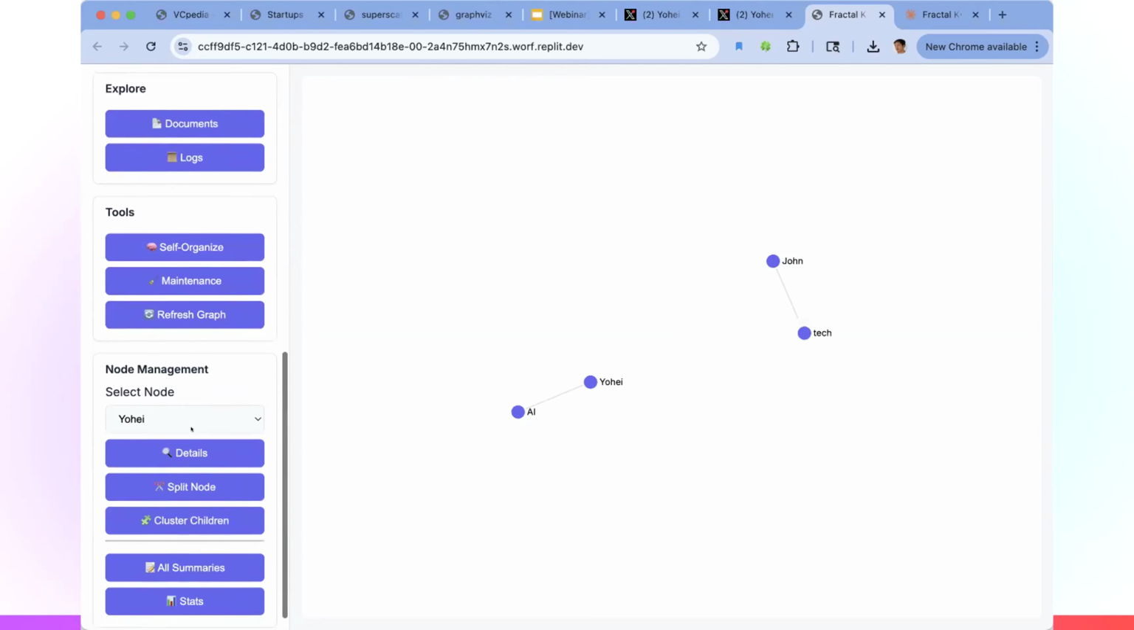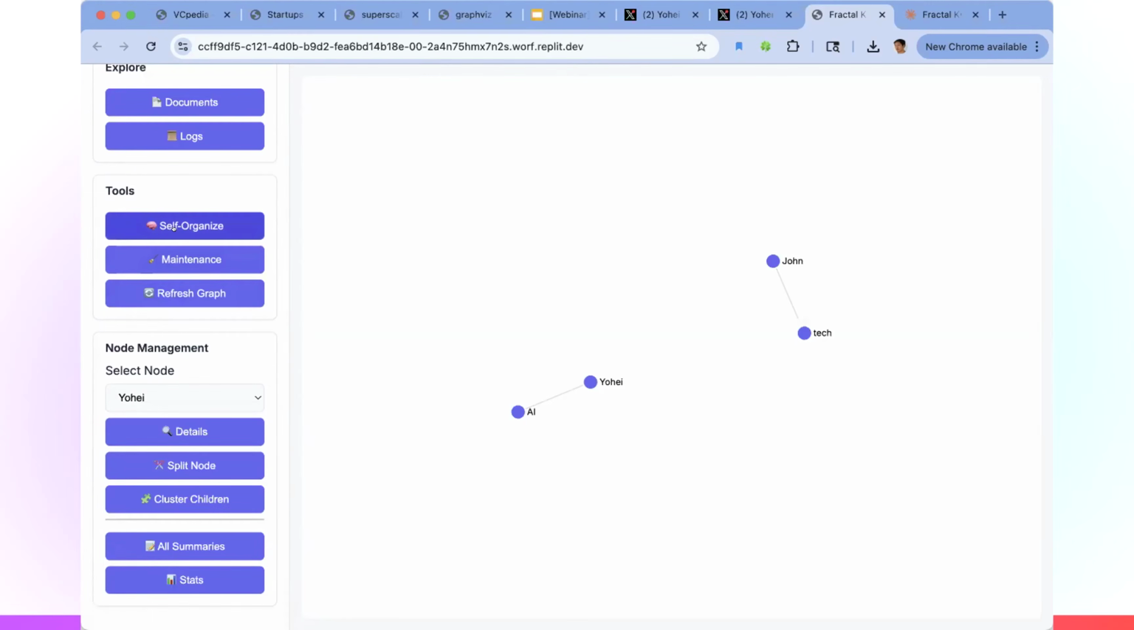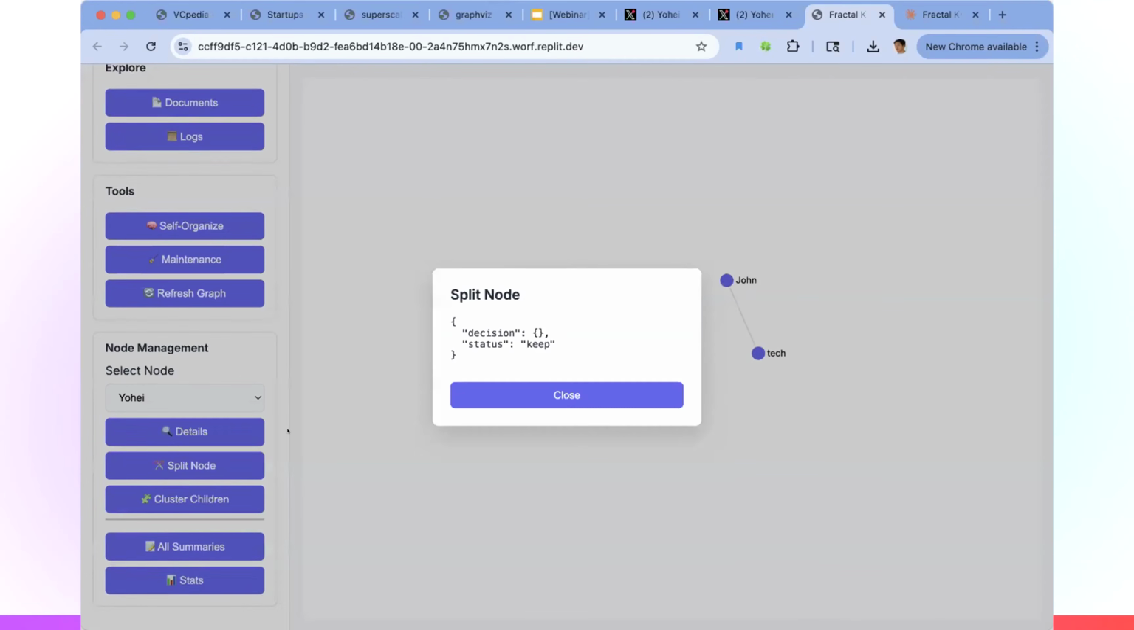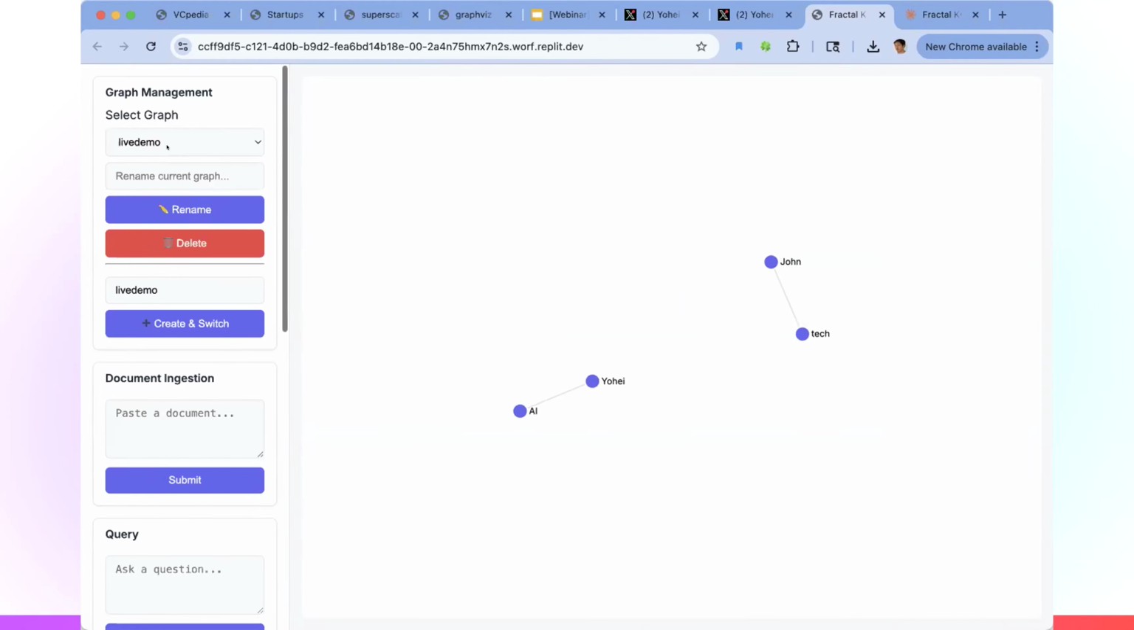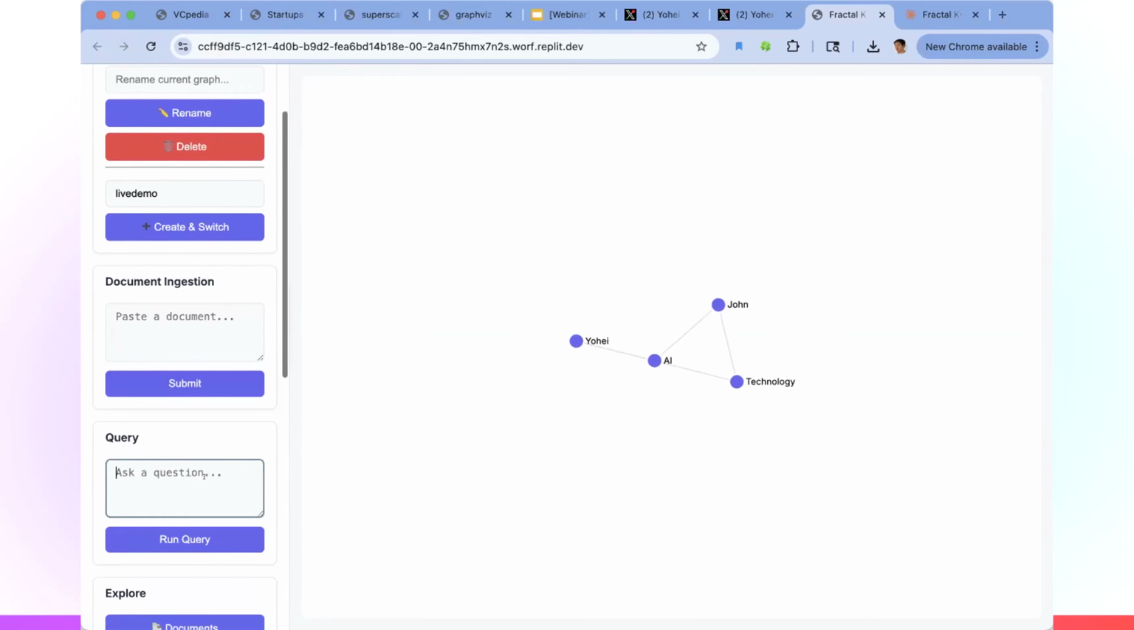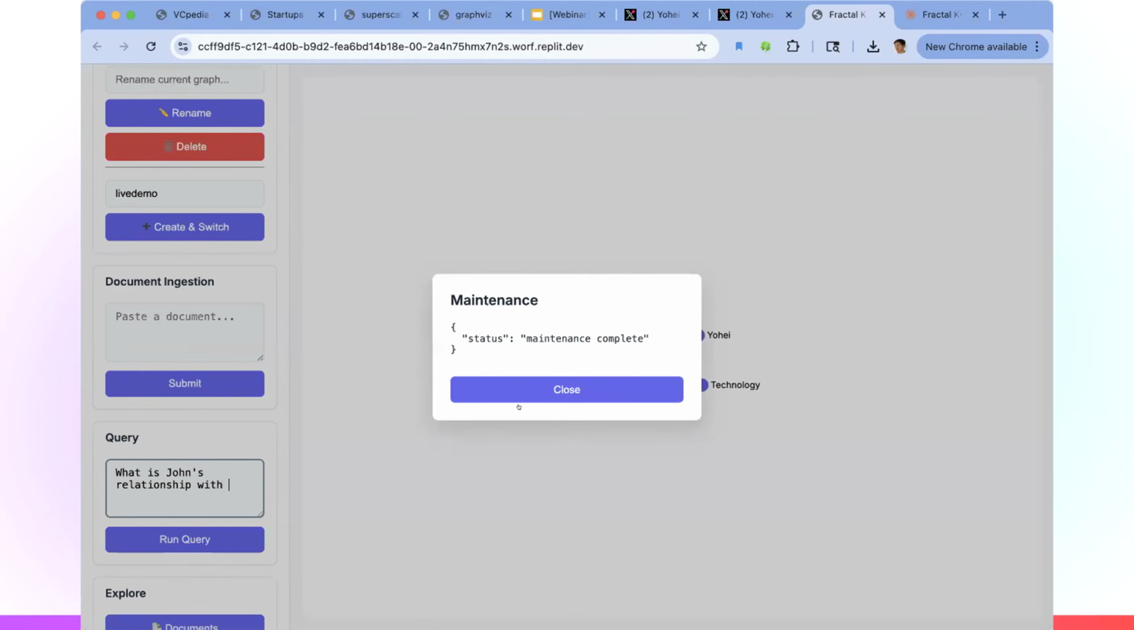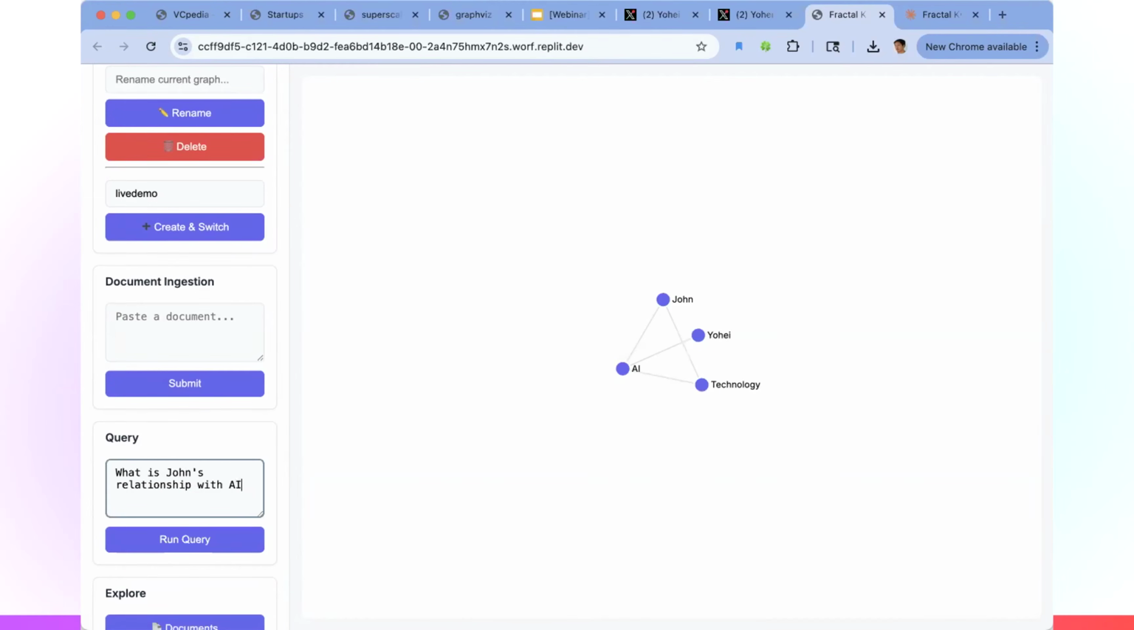But let's try the self-organize. Or, I guess it didn't work in this case. Earlier when I did this test, let's just jump to that earlier test I did. Earlier when I did the same query, it did this. And then if I go in and say, what is John's relationship with AI,